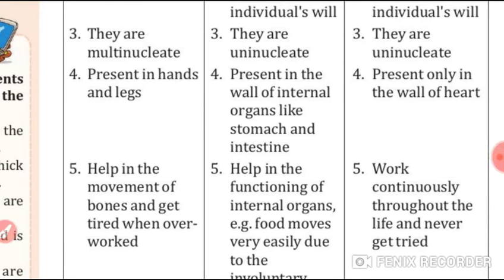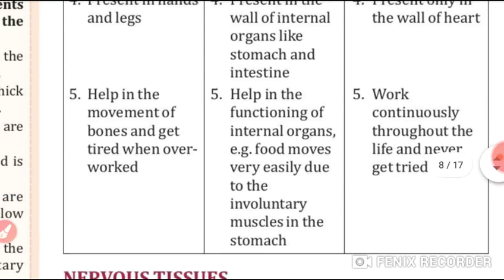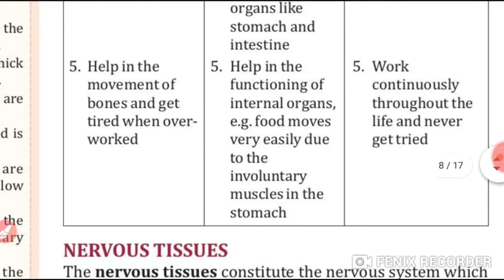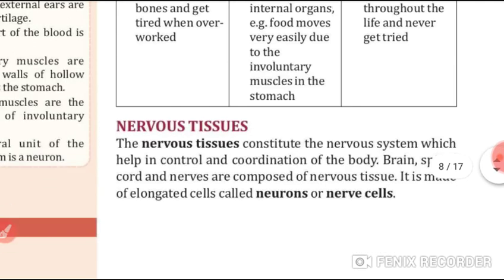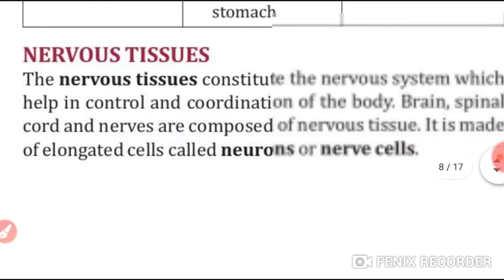Voluntary muscles are found in hands and legs. Involuntary muscles are present in the walls of internal organs. Cardiac muscles are only present in the wall of the heart. Voluntary muscles help in the movement of bones and get tired when overworked. Okay. Involuntary muscles help in the functioning of internal organs, and cardiac muscles work continuously throughout life and they never get tired. Okay. Now the next topic is nervous tissue. Students, nervous tissue consists